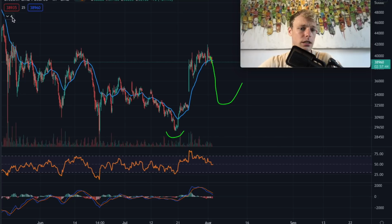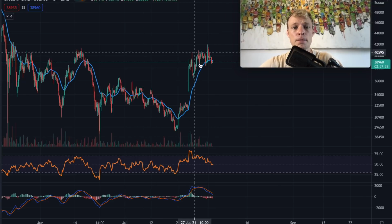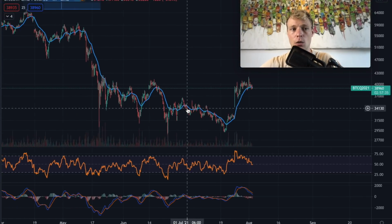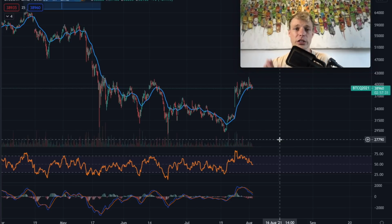I think that is quite a likely scenario to see. That is something the bulls actually want to see for Bitcoin to stay in that uptrend, right? Losing these levels, losing 32,500, which is a little bit the last resort, would definitely be a very bearish sign